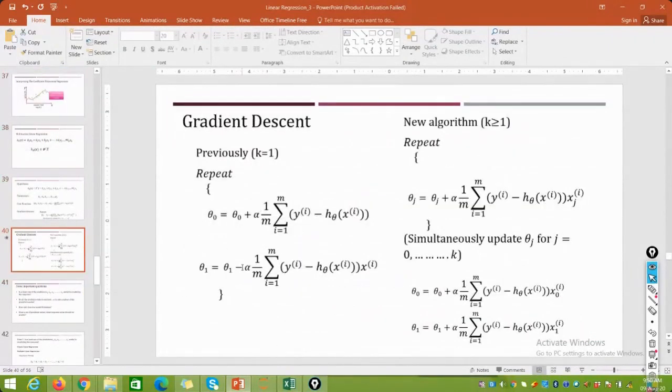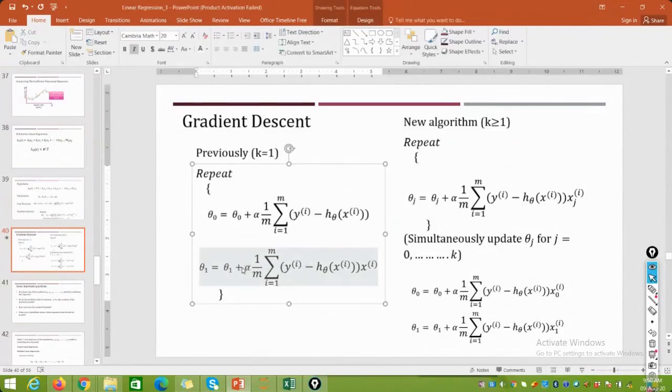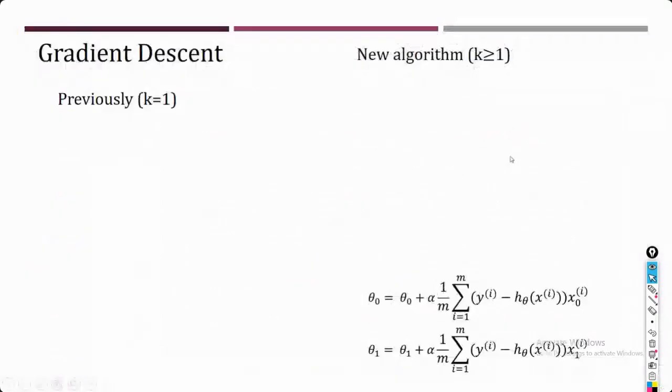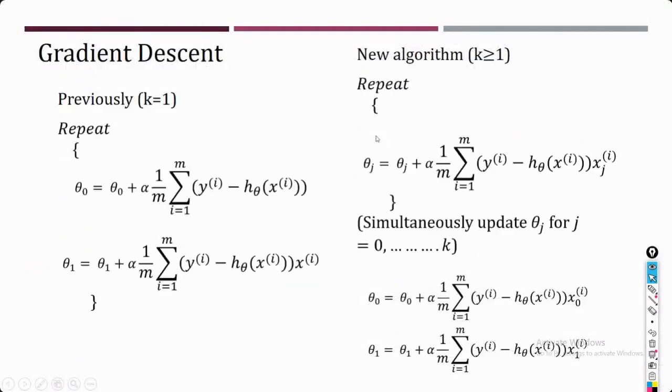So here, first we will take the derivative with respect to theta naught, next theta 1, next with respect to theta k. So what change will we have when calculating with respect to theta k? Let me write it here. I am updating with respect to theta k, so it's going to be